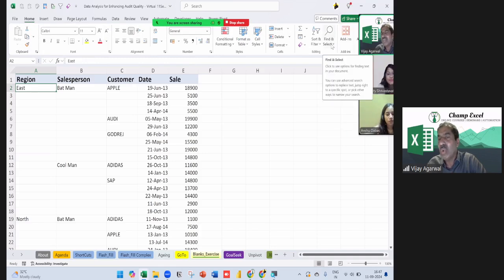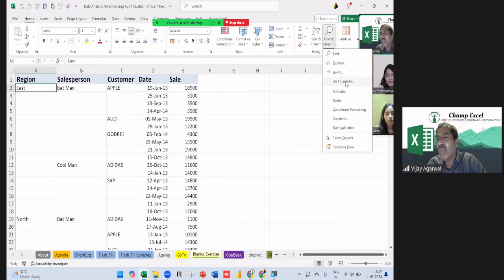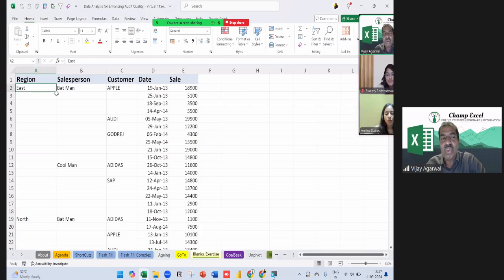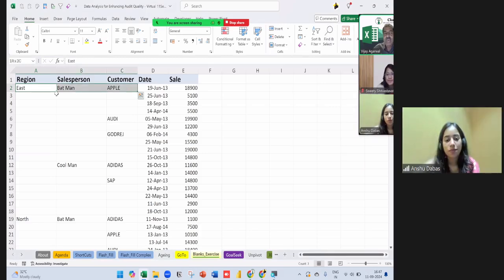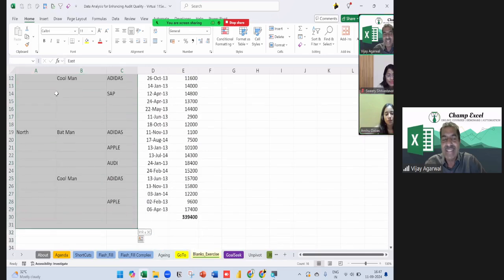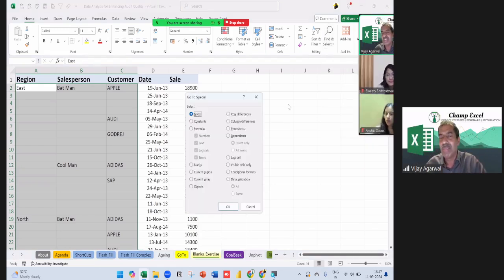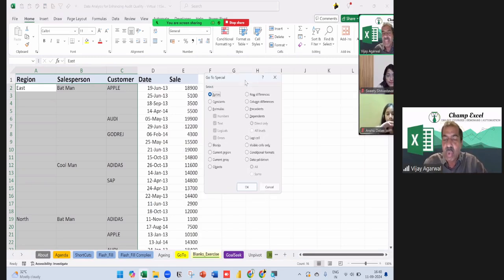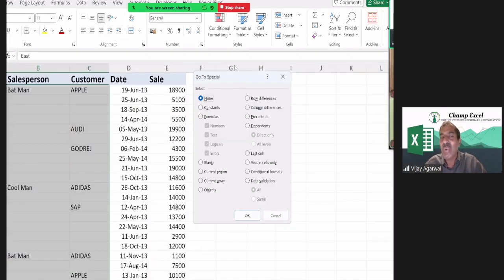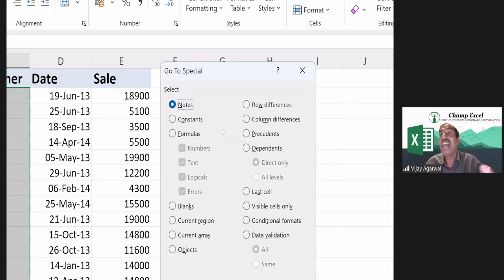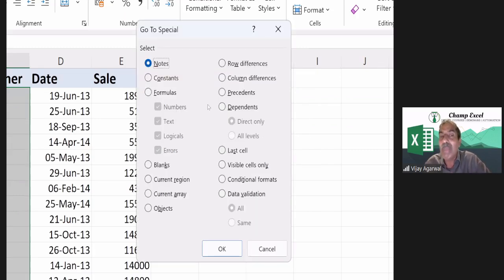Like that, in Home, we have Find and Select. Once you go to Find and Select, there is a very great tool, and that is Go To Special. What Go To Special can do is this: suppose I am going to select this data where I need to do all the things, I just need to select my operation area where I need to do the particular thing, and go to Find and Select, Go To Special. And here, if you see, there are so many tools. Right now, I can't talk about all these radio buttons. I would need at least 30 to 40 minutes to complete this.